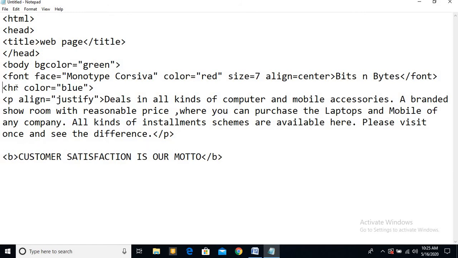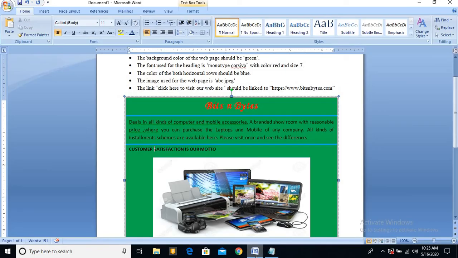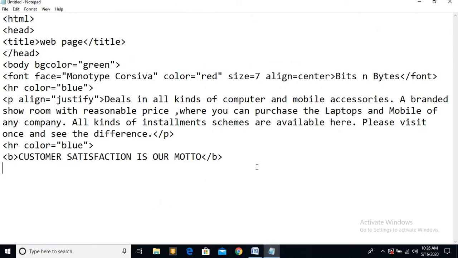So same code you have to copy, because you can apply the one horizontal row, so you can use the same one code. Okay, because one more horizontal row is there. So now you see the image used for this, what is the name of the image? abc.jpeg. So you have to write the same name in the paper also. Whatever is mentioned, img space src is equal to abc.jpeg. Okay, so now image source abc.jpeg, that's it. Okay, but it's in the center also.